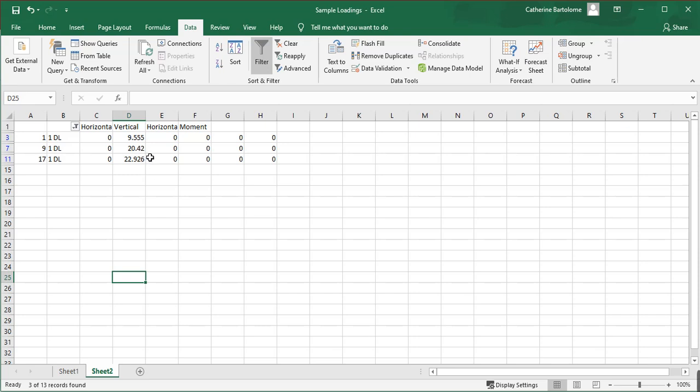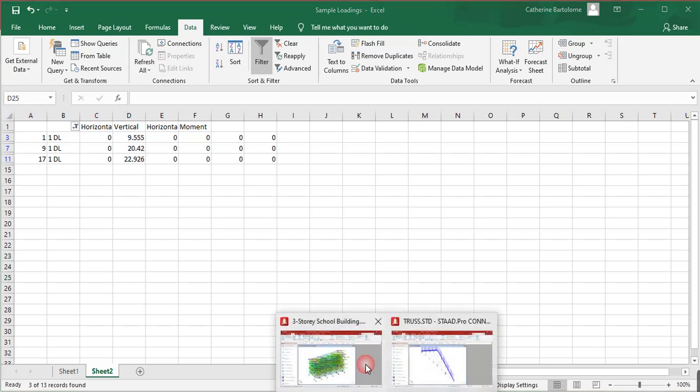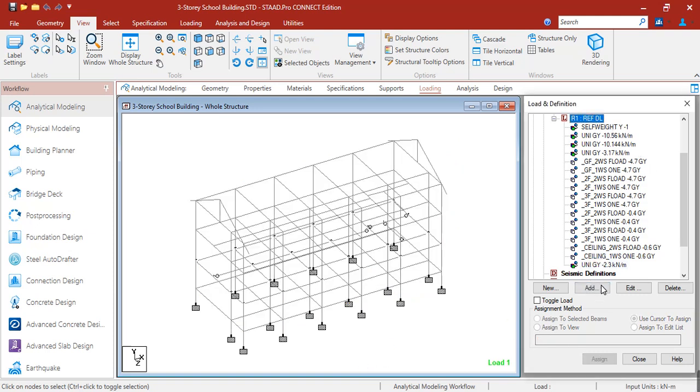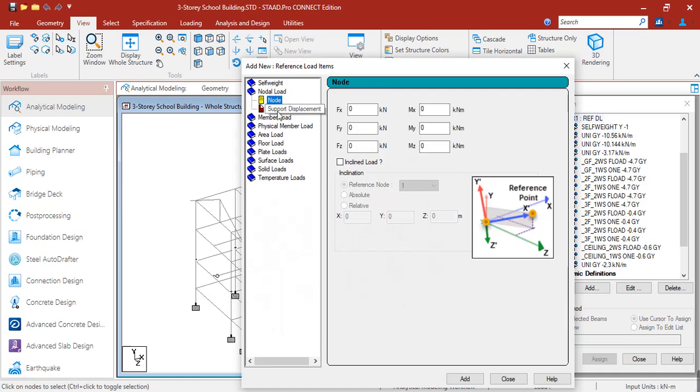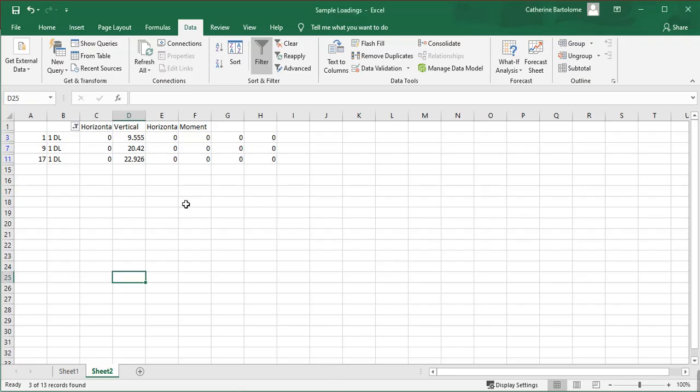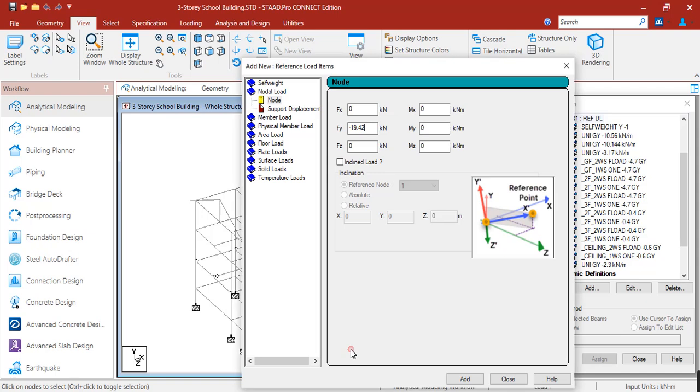So 20.42. So add. So now, instead of member load, let's select nodal load. Okay, and then negative 20.42. This is for load 9.